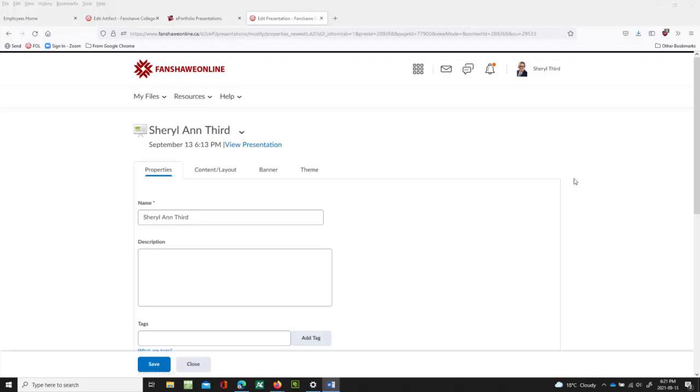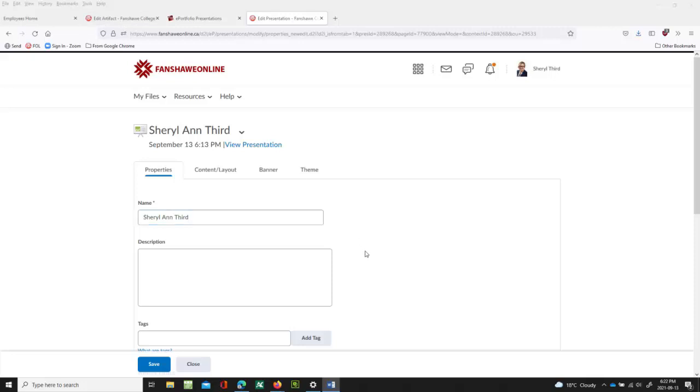And finally, you may wish to share your portfolio with others. You will be able to take this portfolio and edit it for the College of ECE. It's a place for you to store artifacts, because you will have to do that as a registered early child educator. And because you can take this portfolio with you, this is something that you will have once you leave Fanshawe, and you might find it a useful tool to keep track of all the things that you are doing for professional learning. So I hope that this has been helpful,